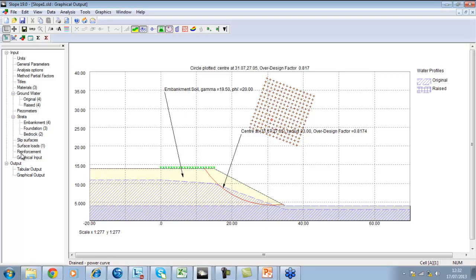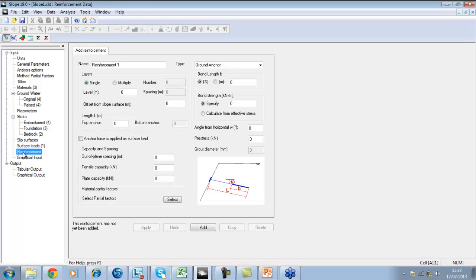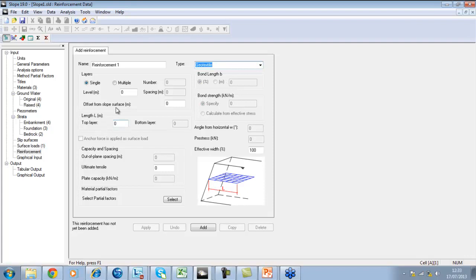So I'm going to double click on reinforcement here. In the gateway, I've chosen reinforcement, and there are a number of reinforcement options available to the user. We've got ground anchors, soil nails, geotextiles, and rock bolts. But I'm going to go for a geotextile. Okay, and I'm going to have to choose multiple geotextiles really. So I'm going to go for maybe, say, 12,